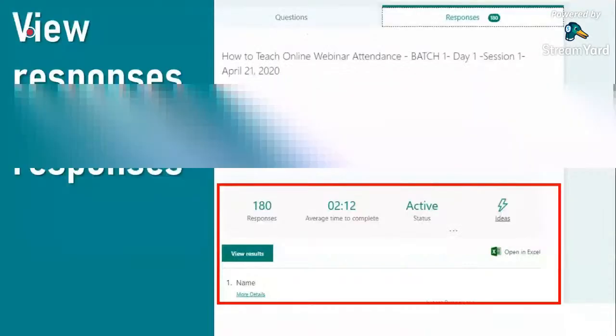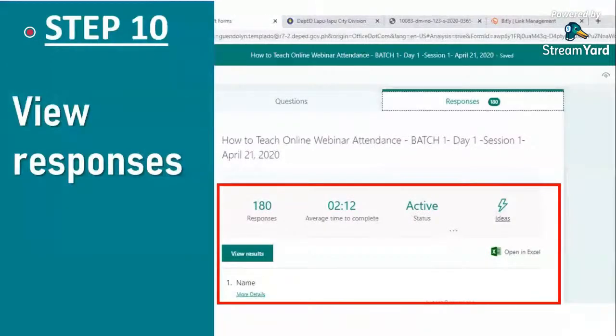So you can click this view results to see individual details for each responder, such as the time it took for them to complete the quiz. And if you want to easily view all the responses, you can click this more details here.